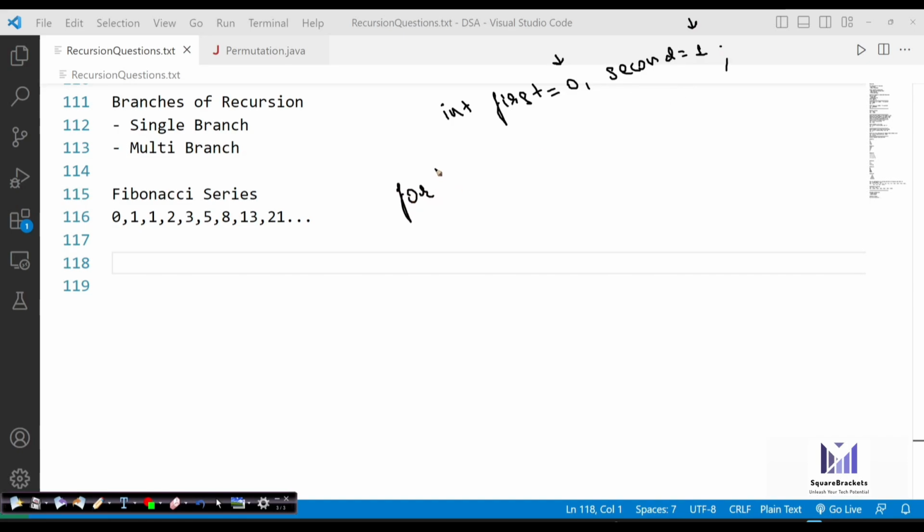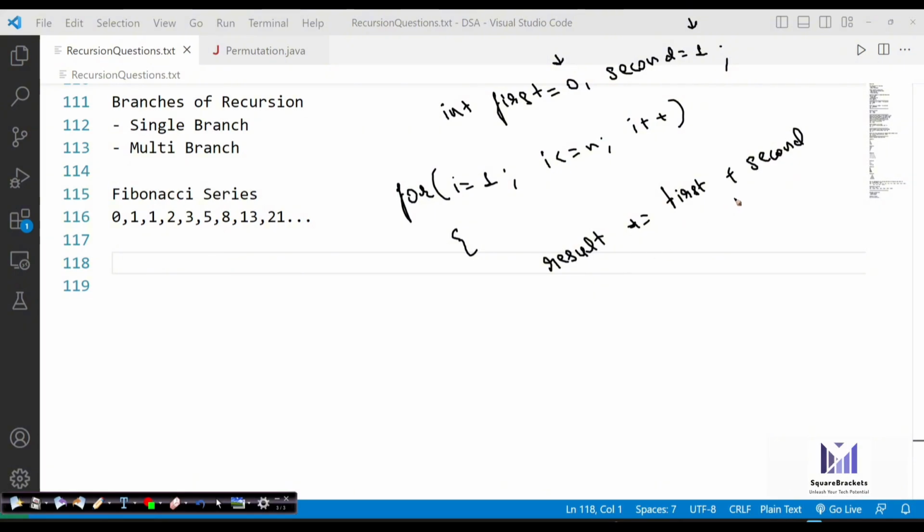Now, using a for loop, we can simply write from i equals 1 till i less than or equal to n, i plus plus, and we just need to add first and second and store it in the result variable. So you can write result plus equals first plus second.